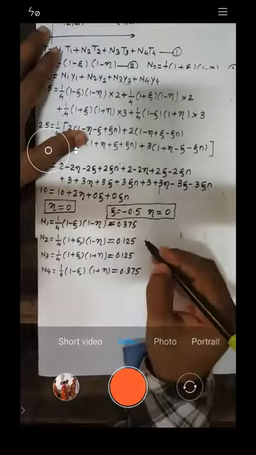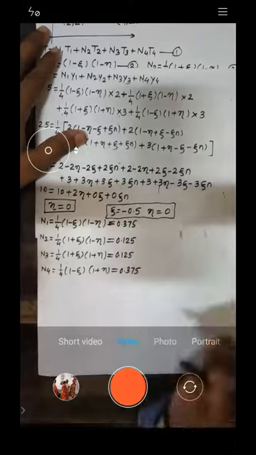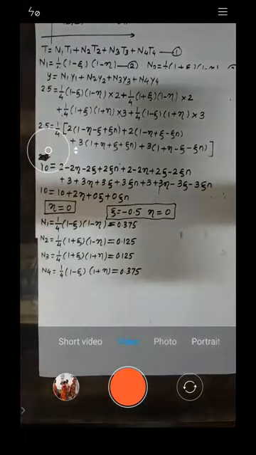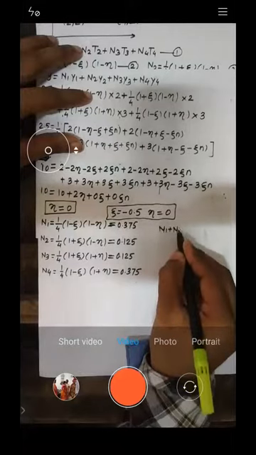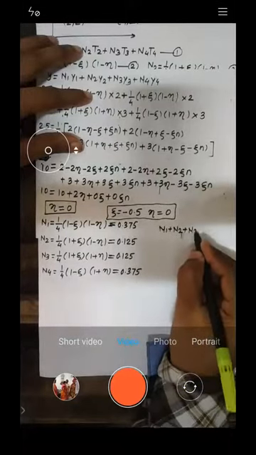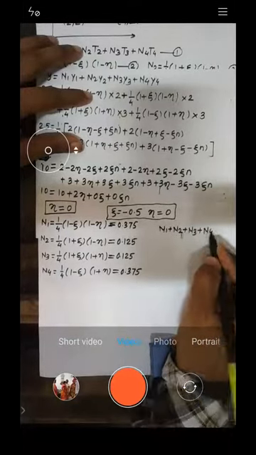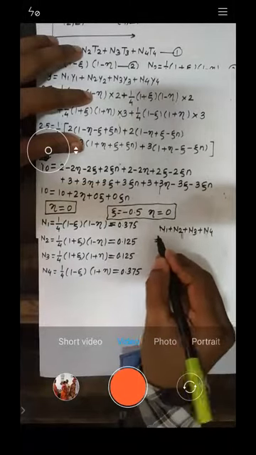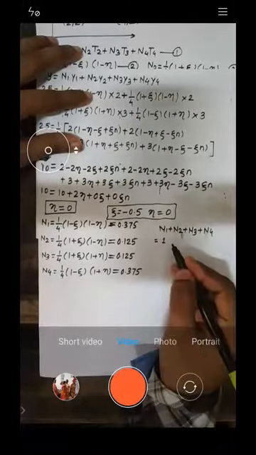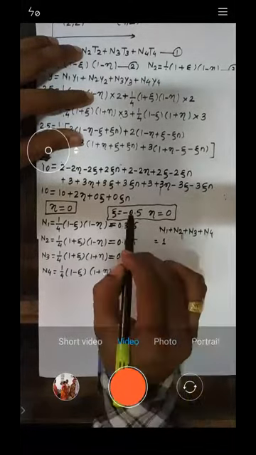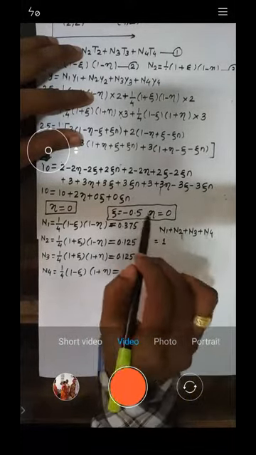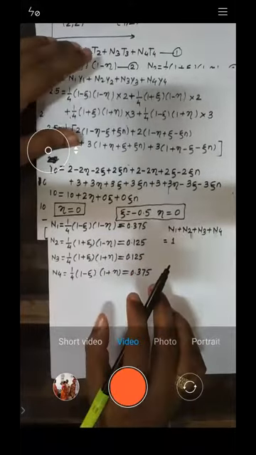Now, all of you, just check the addition of N1, N2, N3, N4. 1. Are you getting 1? Can you check? N1 plus N2 plus N3 plus N4. How much are you getting? 1, you are getting 1, right? That means we are getting the addition of shape functions equal to 1. That means whatever values of zeta and eta we have calculated are correct values. Is it okay?